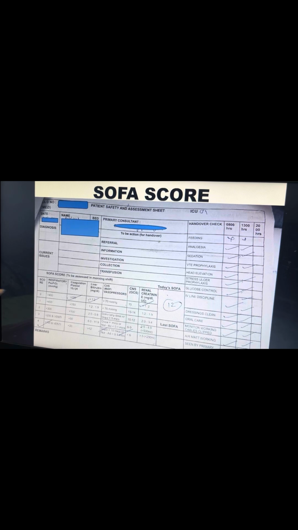For example, if in the respiratory system the score comes greater than 2, it means the lungs of the patient are compromised. Either the patient may have COPD, pulmonary edema, or pleural fluid in the lungs. It means some intervention needs to be done, or either we have to support the patient with